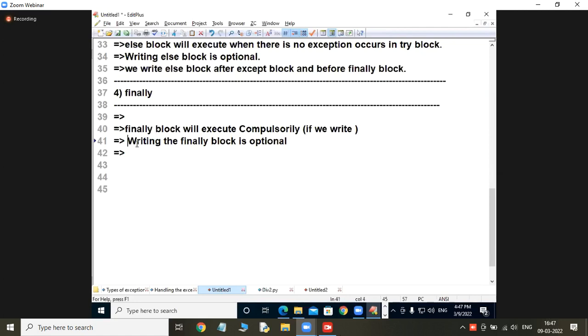Why I said writing the finally block is optional: if I write it, it will execute compulsorily. Good. What is the placement of writing the finally block? We write the finally block after the else block.